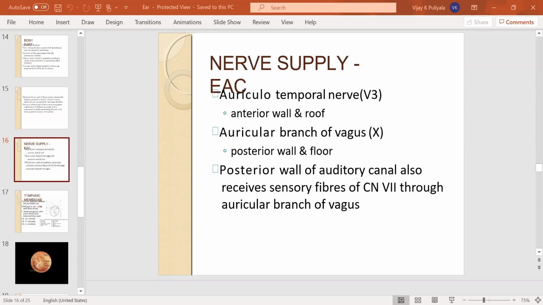Next, what are the functions of the eustachian tube? The main function is to maintain the equilibrium on both sides of the tympanic membrane. At rest, the tube remains closed. It opens during sneezing, coughing, yawning, and swallowing. At all other times, it is closed. It also protects the middle ear by preventing the transmission of high sound pressure from the nasopharynx into the middle ear, as normally the tube remains closed.